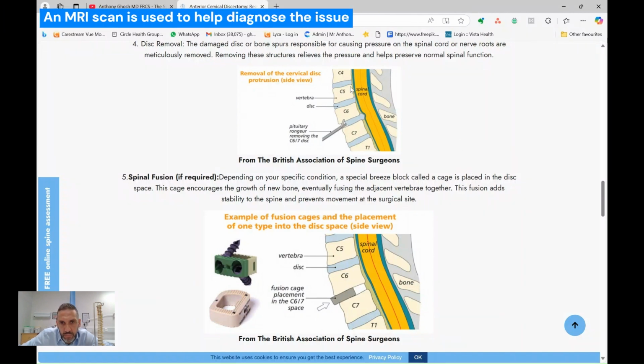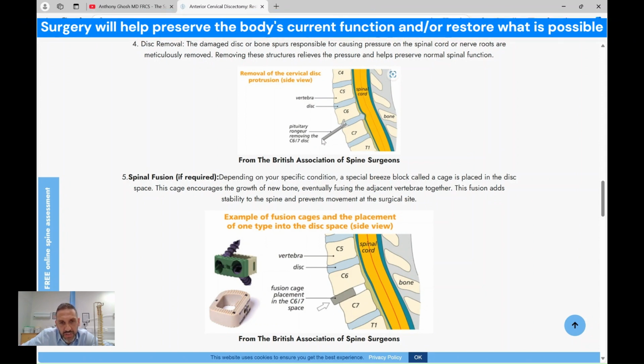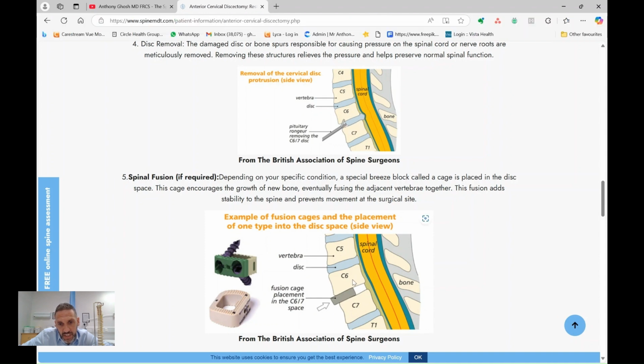If the problem is coming from the neck area, such as a slipped disc pinching the spinal cord, then the purpose of surgery is to try and preserve your current function and try and restore what we can. So the surgery that is required in this case, for example, is removing the disc and fusing the segment to free up the spinal cord. Sometimes this is carried out from the back if the compression is caused by some of the structures at the back of the spine, such as a tumour mentioned earlier.